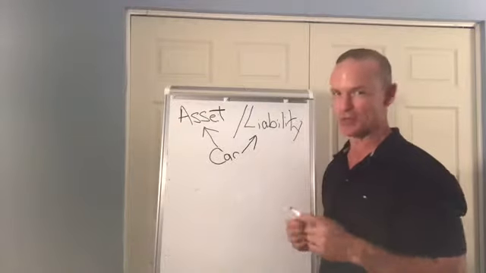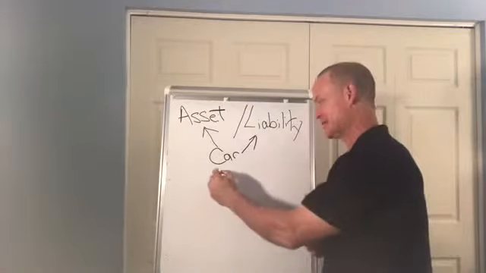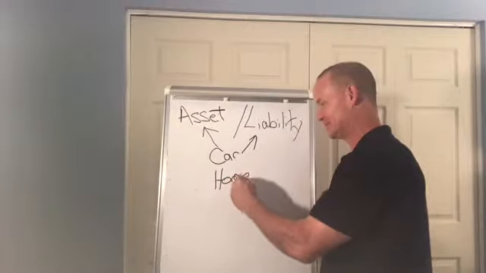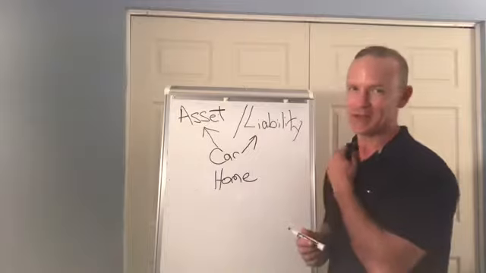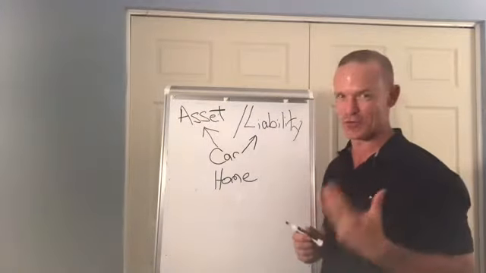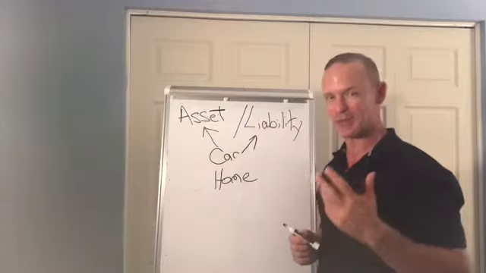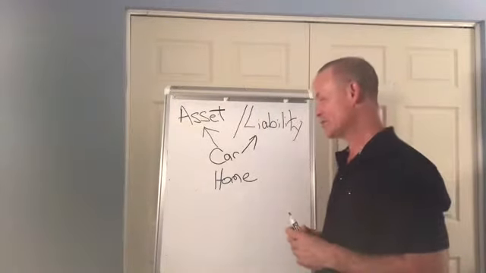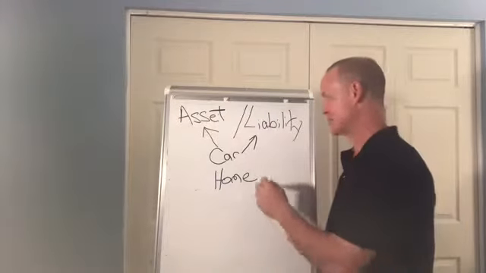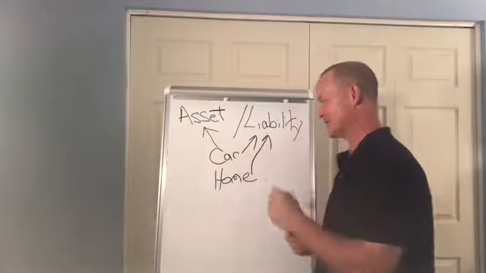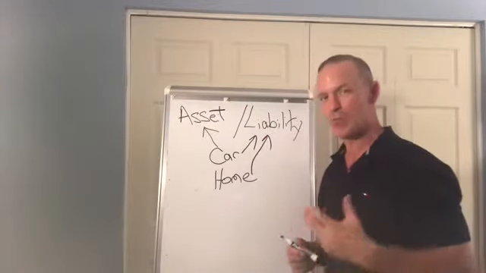This is a good one too. We debate a lot on this one. How about a home, your house? What do you think? Well, those mortgage rates can be a killer, especially if you have a 30-year mortgage. Sometimes you're paying double, triple the amount of the original price for the home. So if you're on a 30-year mortgage, I would say we're going to lean to the liability. I mean, every month it's taking money out of our pocket, more and more money.